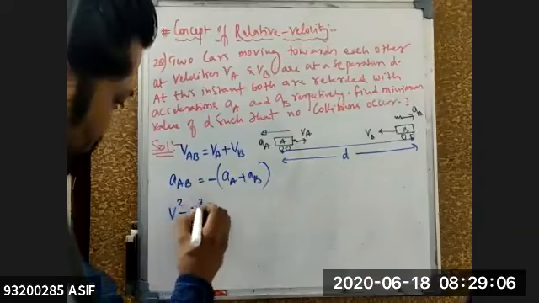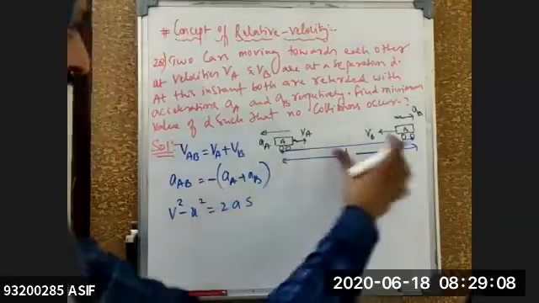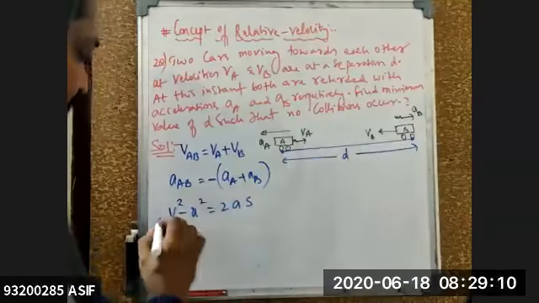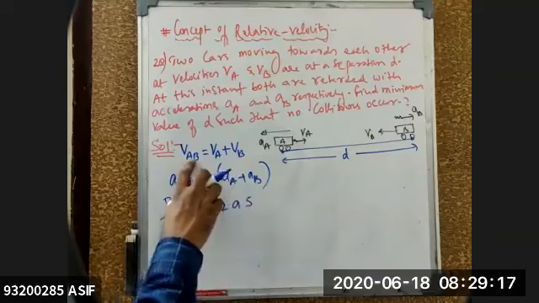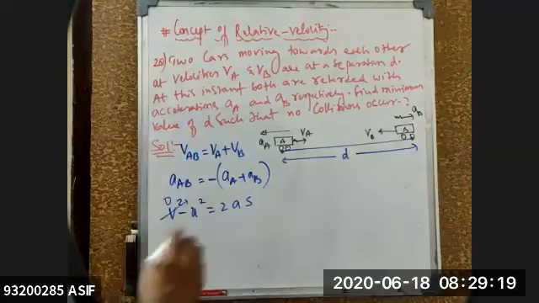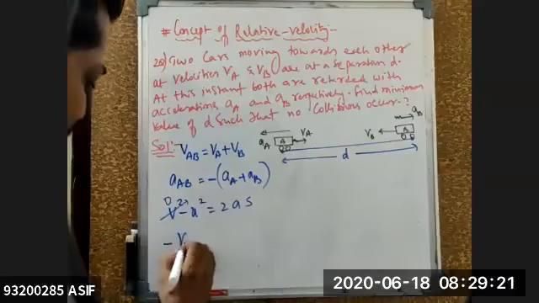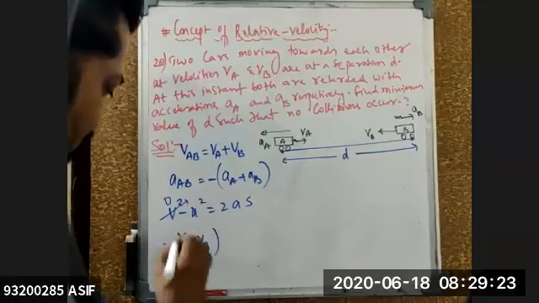Now can you use the kinematic equation V square minus U square is equal to 2AS. Finally, when they are undergoing the collision, they will stop. Final velocity will become how much? 0. Initial velocity will be equal to how much? Initial velocity is nothing but velocity of A with respect to B. That means this will become minus of VA plus VB whole square.